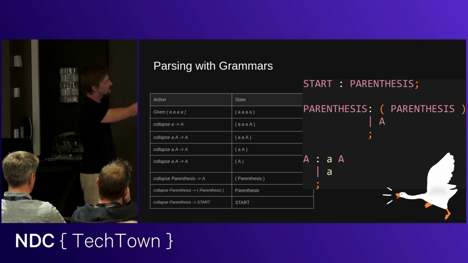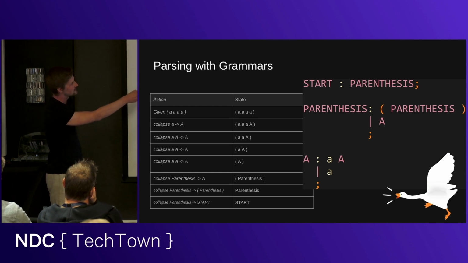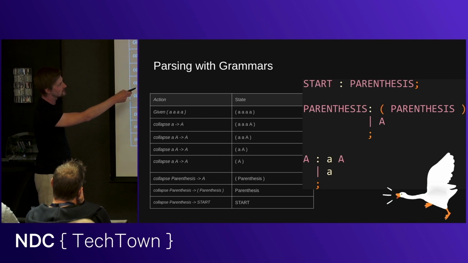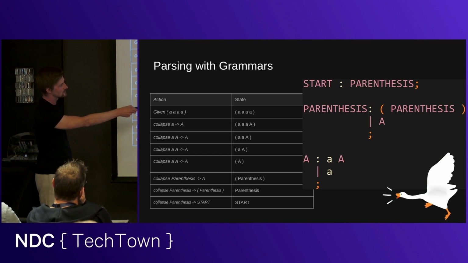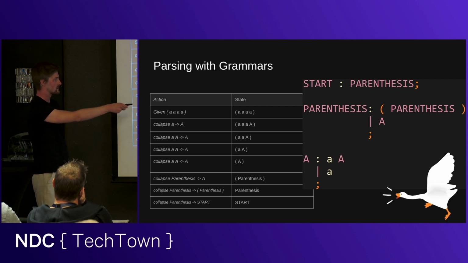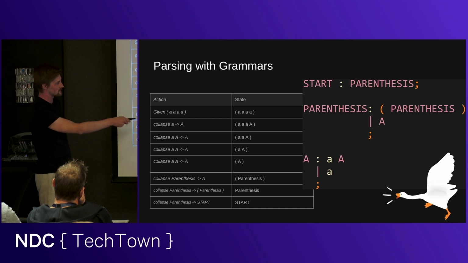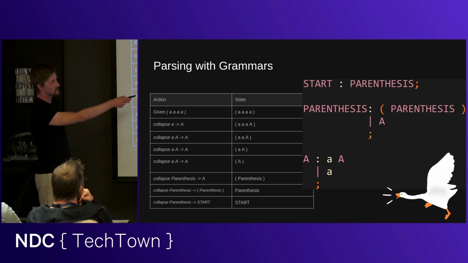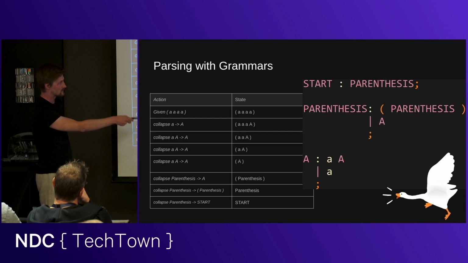So we do that. Now we're left in this state up here. And now we see that we have a lowercase a followed by the uppercase A, which looks like this rule down there. And then we just collapse that several times, until we're just left with an a inside of parentheses. And we see that just an a can be collapsed into the parentheses non-terminal, which leaves us with this. And finally, we see that a parenthesized parenthesis can be collapsed into the parenthesis symbol, which finally leaves us with the